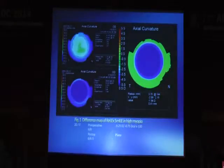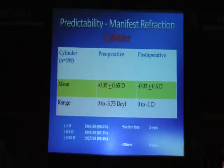This is the difference map that we have seen, fairly consistent. This is one example to show high myopia. This is our first, I think, the 6th or 7th patient, approximately 10 diopter myopia, showing a very nice, large, uniform optical zone. Postoperative 6/4.5. The cylinder likewise was within 1 diopter in 98% or 196 out of 199 eyes, half a diopter